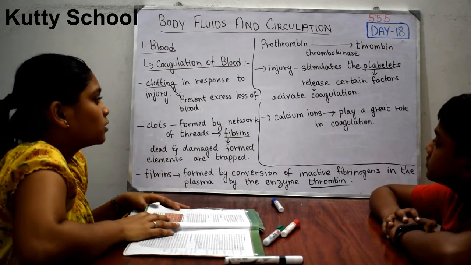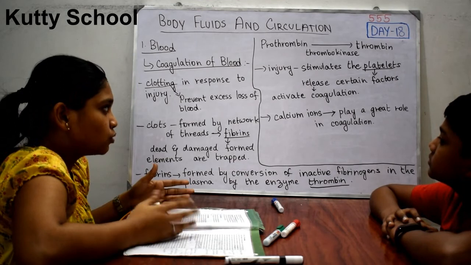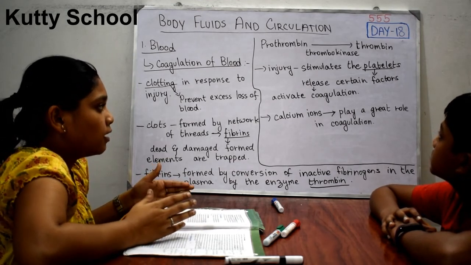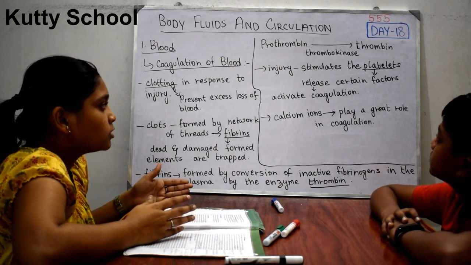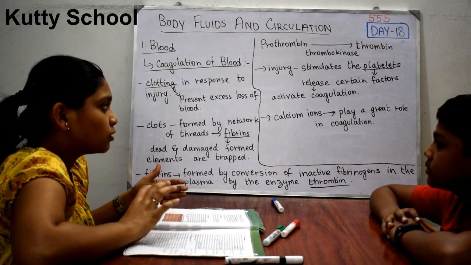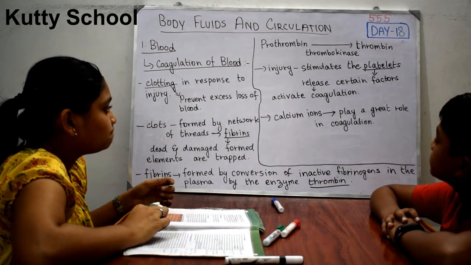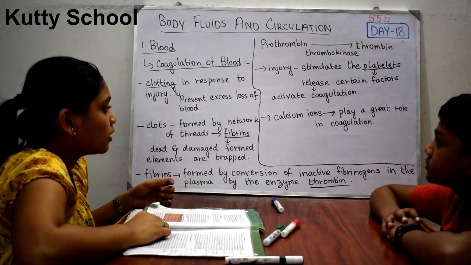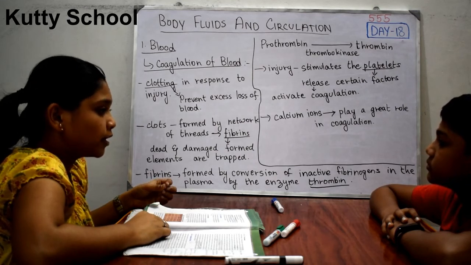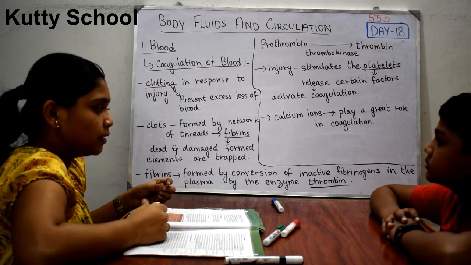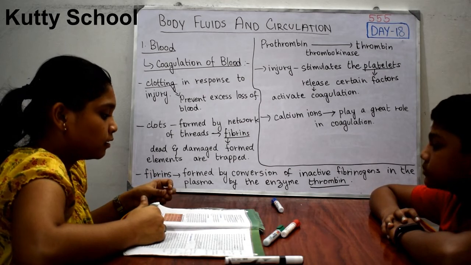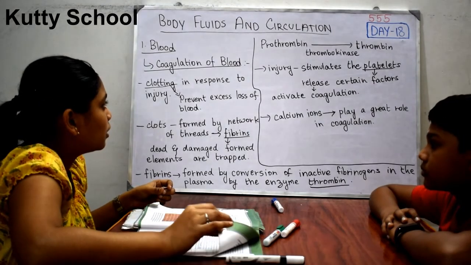Okay. So an injury stimulates the platelets to release certain factors, which also act on the coagulation. Okay. So some other ions and tissues also help in coagulation. For example, calcium ions play a great role in coagulation. Okay. So next we will see about